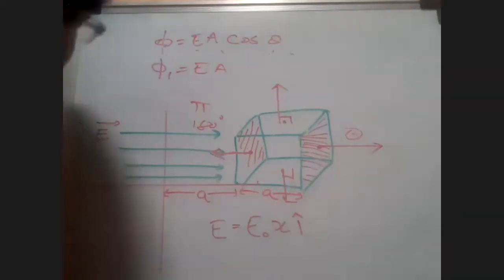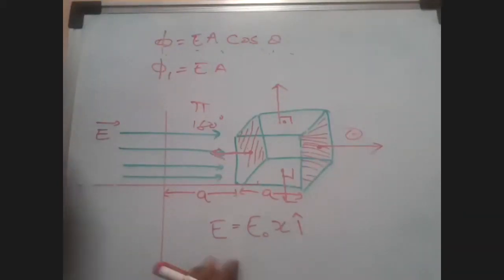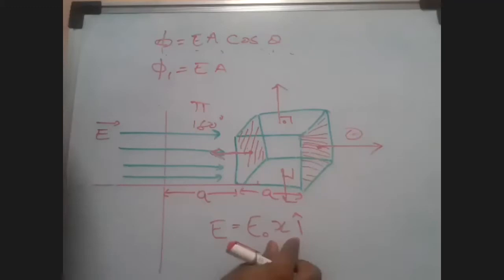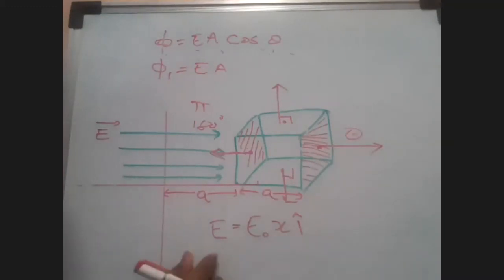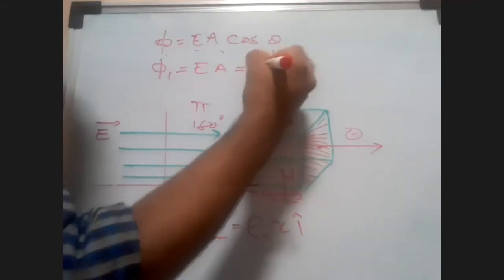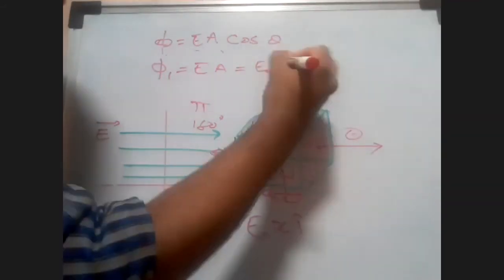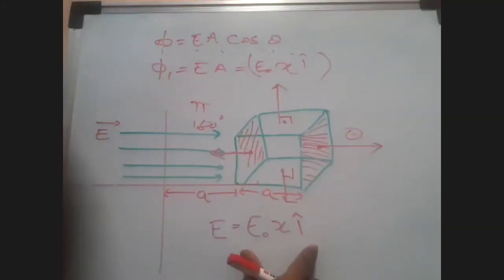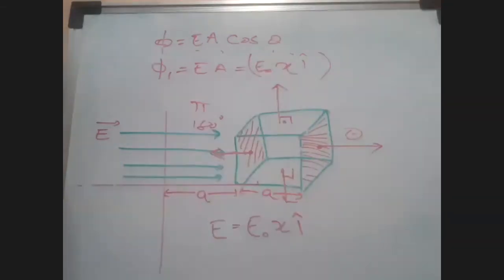And always pay attention to this: when E is given in terms of x, when the electric field is a multiple of x, that means x can be variable. And so the electric field over here is variable. Okay, I just wanted to make that concept very clear for you. So we'll put this entire thing in E. What we'll get is E naught x I cap. You all can see this now. E naught x I cap.